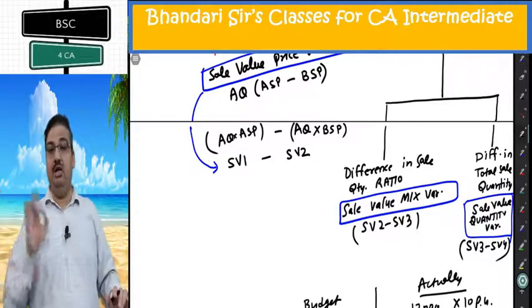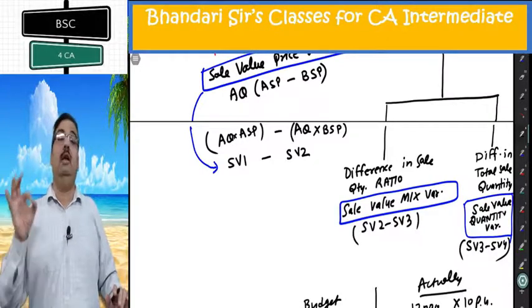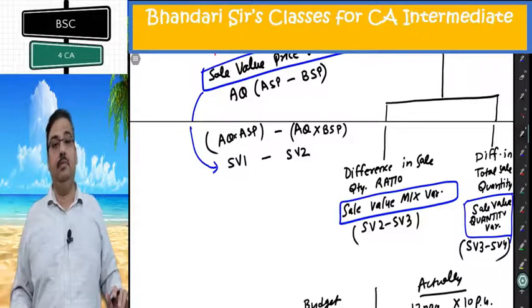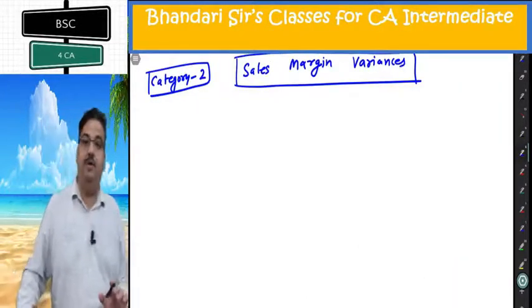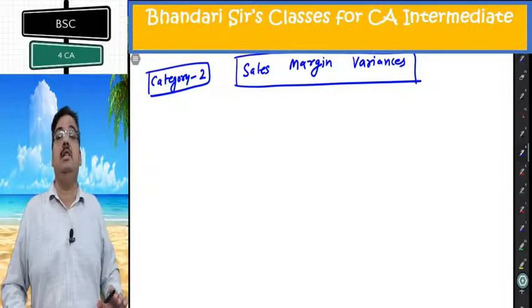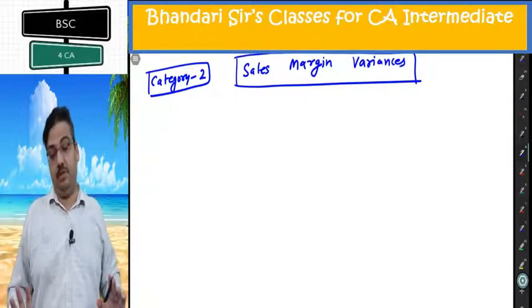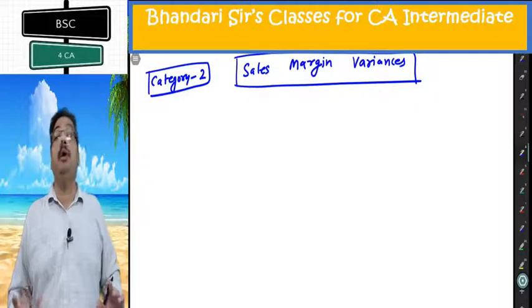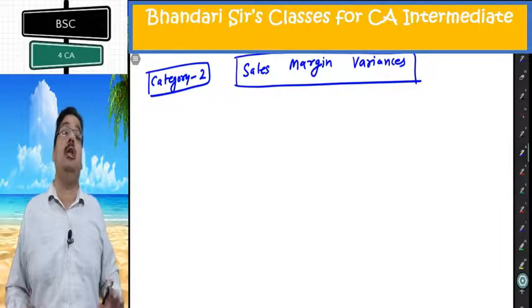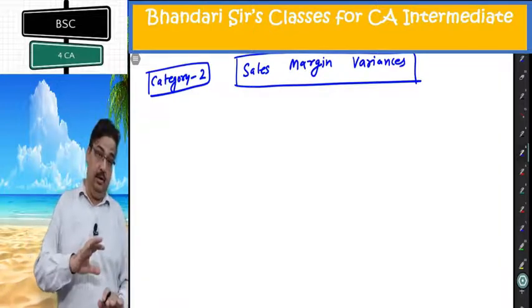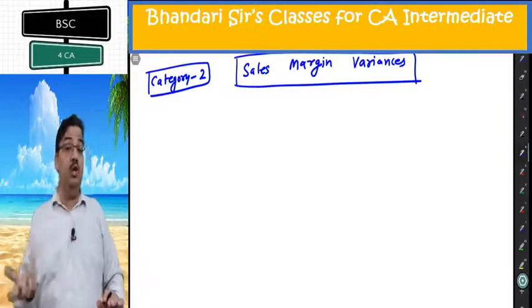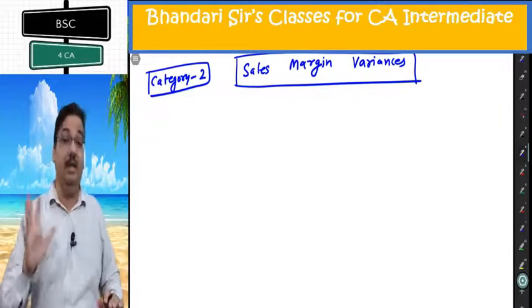This is the interpretation of first category of variances. I hope it is clear to you. The second category of variances that we discuss is sale margin variances. You need to understand difference between margin and profit. What we are going to study here is similar to sale value variances except that